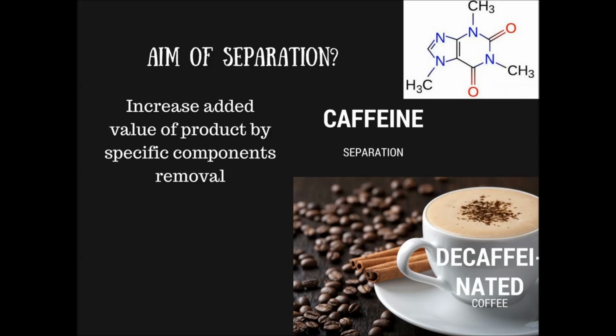First, let's start with why we do separation. What is the aim of separation? Separation can increase the added value of a product by removing some specific components. For example, we have here coffee. Coffee contains caffeine, and caffeine could be separated from the coffee through several processes. So, we have decaffeinated coffee. This coffee is suitable for people with caffeine-sensitive issues, and it has reached approximately 10% of the world market